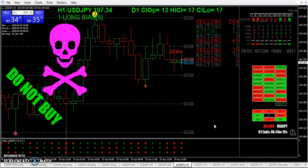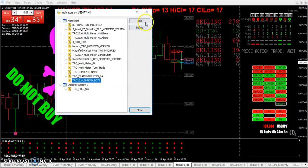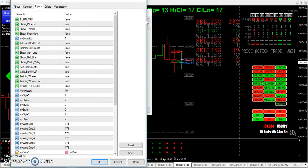So I figured it might be interesting to kind of see the history. So what I did was I added a few new inputs. And I changed that to show the peak valley lines. Okay. And I set it to false. And when you load the new version, everything should be the same. And then the number of history